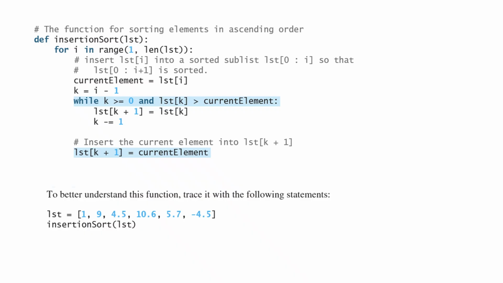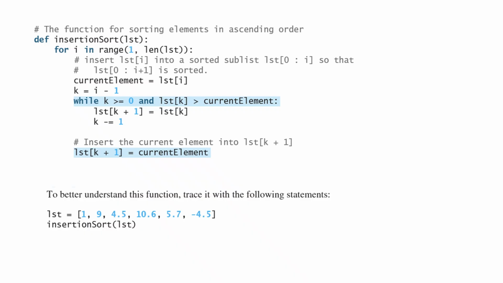def insertion_sort(lst): for i in range(1, len(lst)): # Insert lst[i] into the sorted sublist lst[0 : i], so that lst[0 : i + 1] is sorted. current_element = lst[i]; k = i - 1; while k >= 0 and lst[k] > current_element: